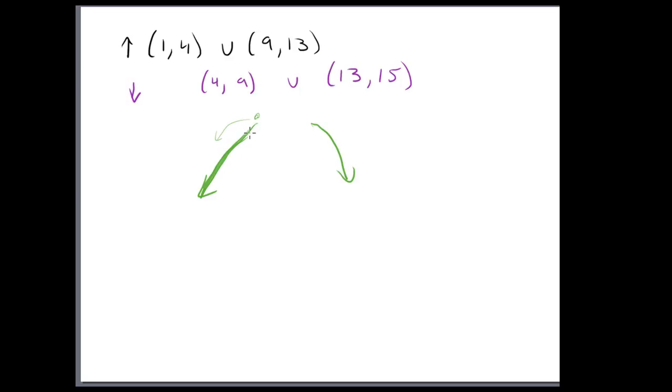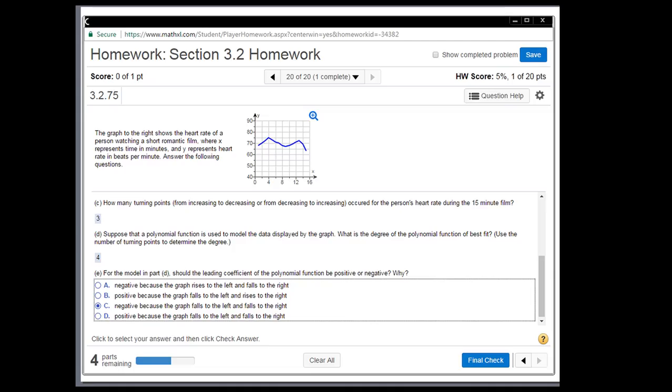If you go on the left-hand side, it points down, and on the right-hand side, it points down. I think points is better than falls in terms of terminology, but I'm splitting hairs. So it's negative because the graph points downward on the left, and falls on the right. So we want a negative